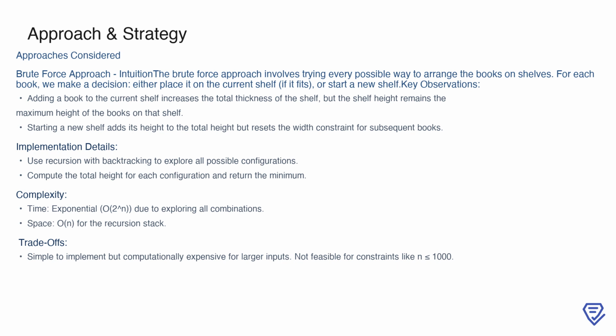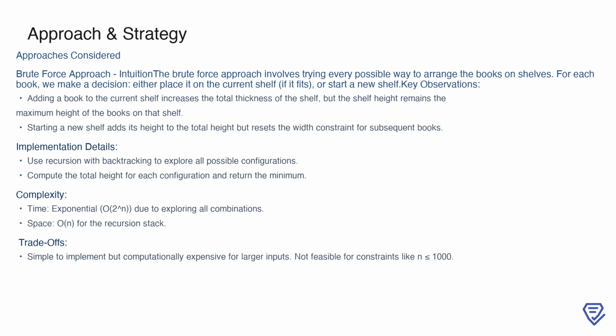To implement this idea, we use recursion with backtracking to explore all possible configurations of book arrangements, calculating the total height for each configuration and returning the minimum height. However, this approach has significant trade-offs. While it's simple to implement conceptually, its time complexity is exponential because we're exploring all combinations of book placements. For larger inputs, such as when the number of books is 1,000, this method becomes computationally infeasible, and we need